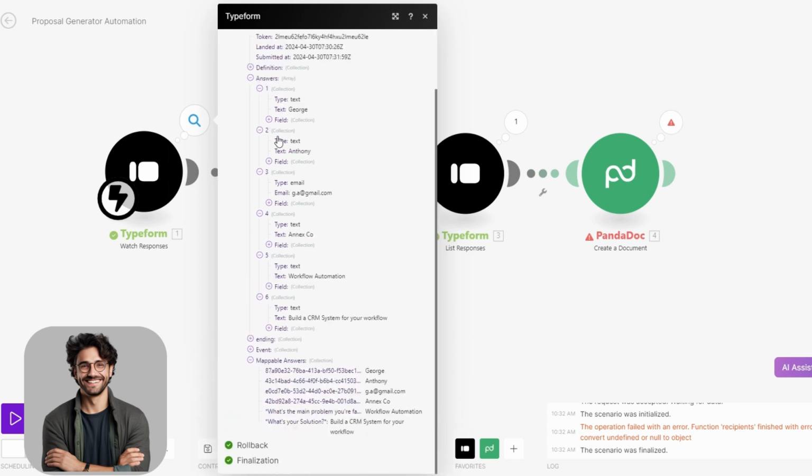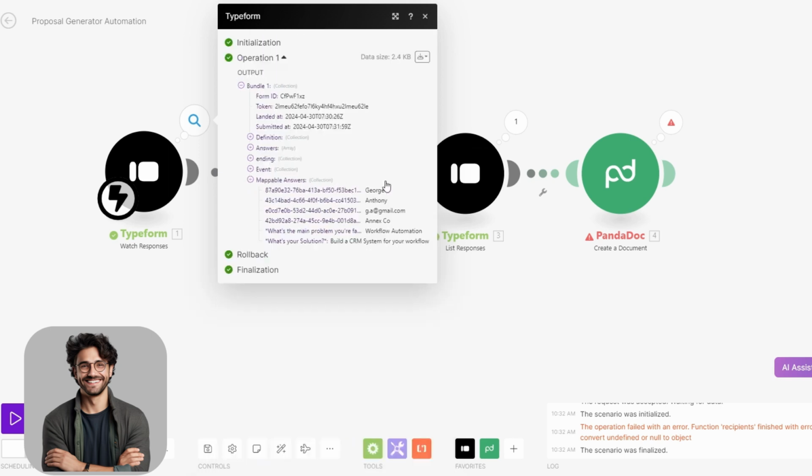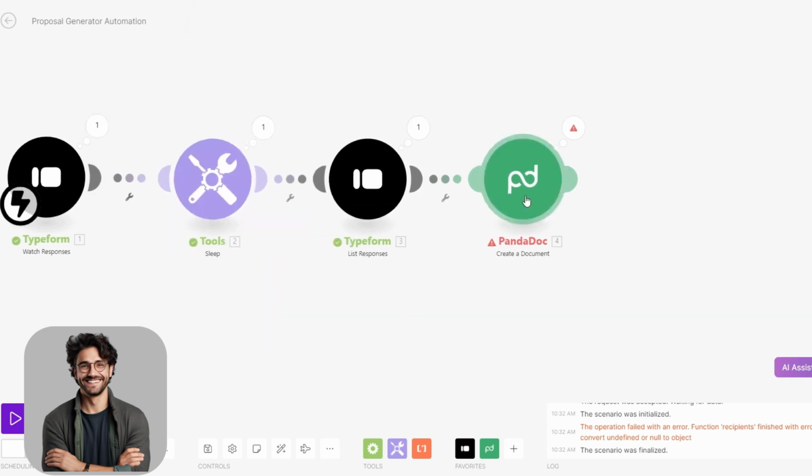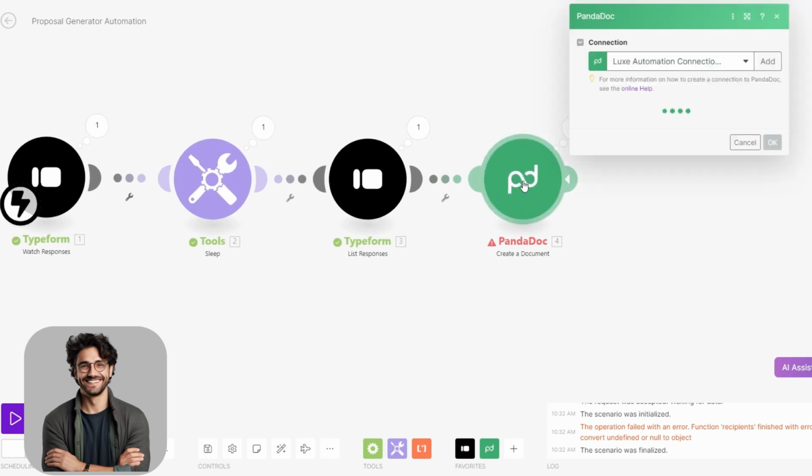And you can see them collectively on the mappable answers right here. So this was the first name, last name, email, company, problem, and solution. Now that we have all the details, now we can set up the PandaDoc and start generating our proposal. So click on the module,